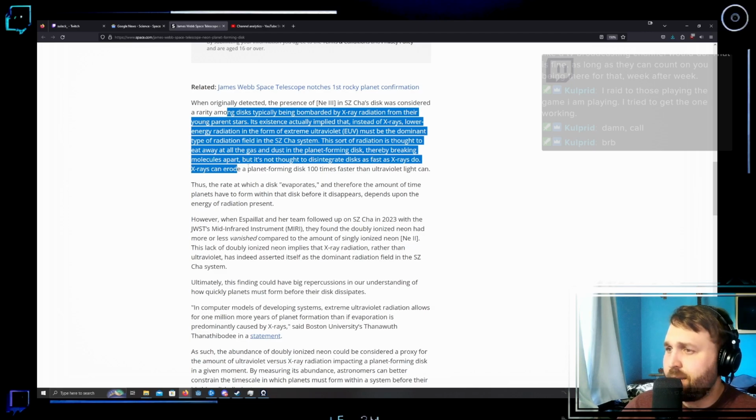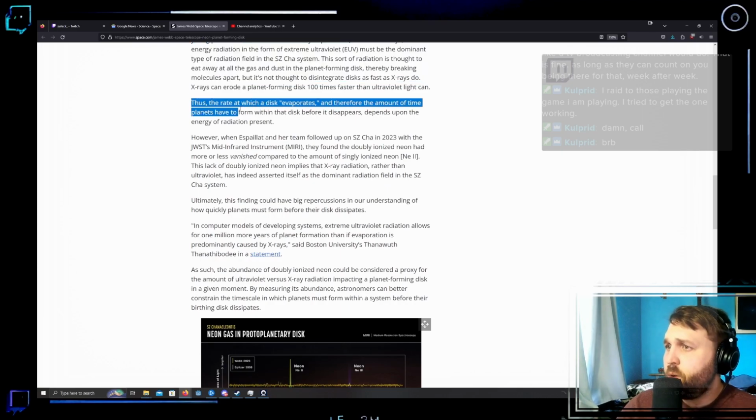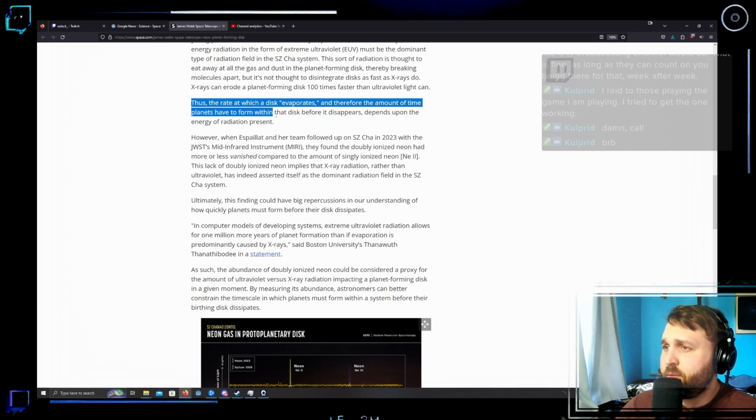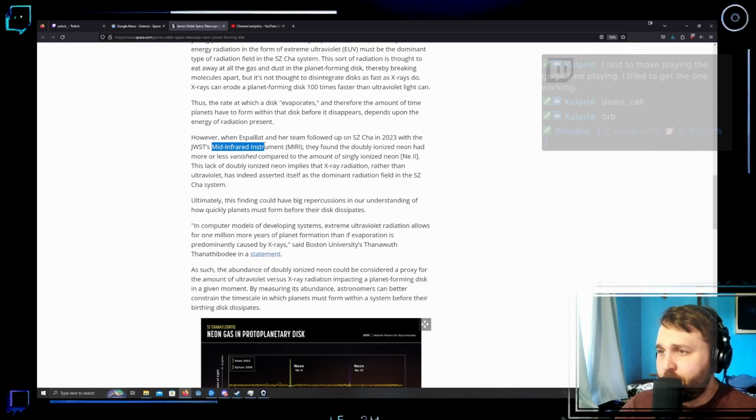X-rays can erode a planet-forming disk 100 times faster than ultraviolet light can. Thus, the rate at which a disk evaporates, and therefore the amount of time planets have to form within that disk before it disappears, depends upon the energy of radiation present. However, when Espaillat and her team followed up on SZ Cha in 2023 with the James Webb Space Telescope's mid-infrared instrument, MIRI, they found the doubly ionized neon had more or less vanished compared to the amount of singly